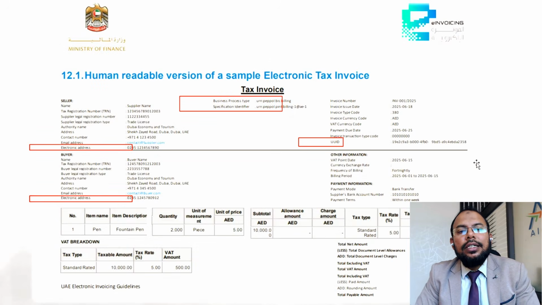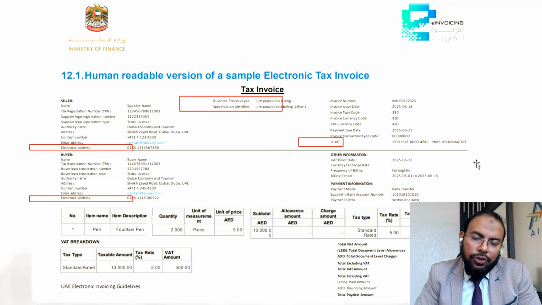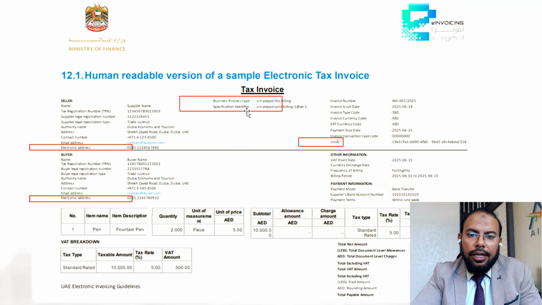Further, here we will discuss the tax invoice format, as this is also a replica of the FTA guidelines, but I highlighted some critical words related to tax invoices. One is the business process type, specification identifier, the seller electronic address and the buyer electronic address. This is a new concern.